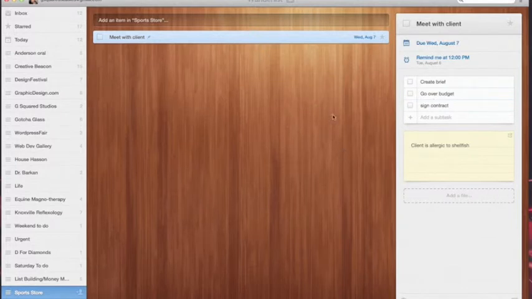With all of these features, you would think, well, that's really awesome. But you can also attach a file, so you won't forget any important files that have to go with a certain task. But one of the coolest things I think that Wunderlist has is the ability to prioritize your tasks. Let's say that this was an important task. Let's say I really want to meet with this client. They could be a $100,000 client. I really need them. And so you just click this little star here, and what that does is it puts